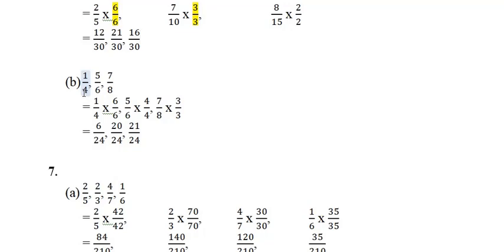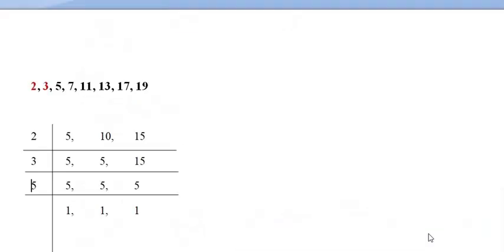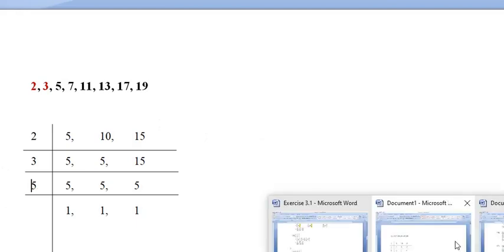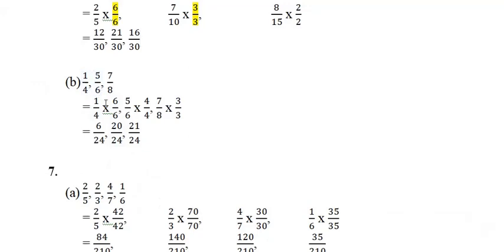You will find the LCM of 4, 6, and 8. Okay, you can use prime factorization method or simply this division method. Okay, so you will find it to be 24. So you will multiply all this 1 by 4, this 5 by 6, and 7 by 8, with individual numbers out here. Okay, as it has been highlighted out here. Okay, I am highlighting it with yellow color, so that it will be more clearer for you to understand. Okay, so the same logic has been applied out here.